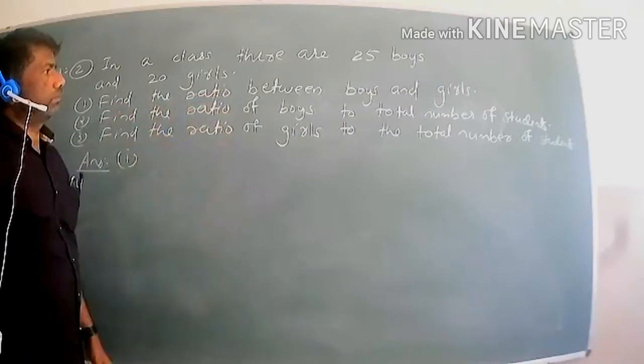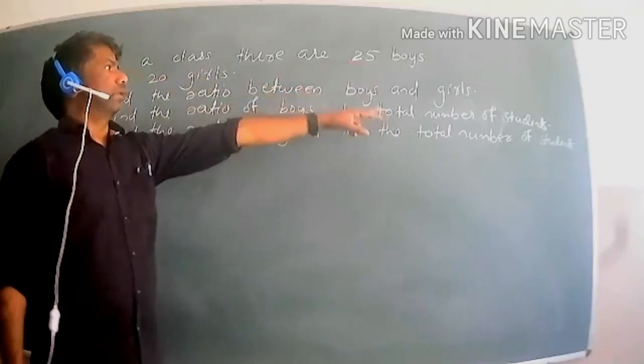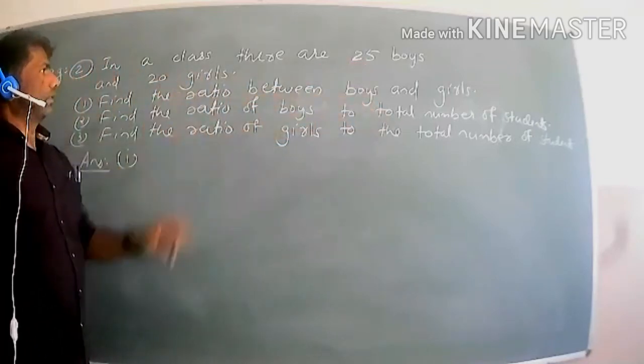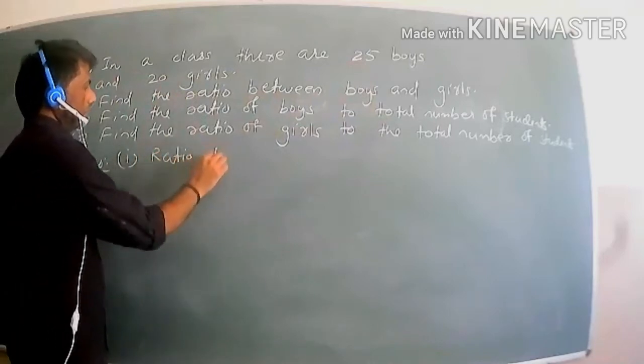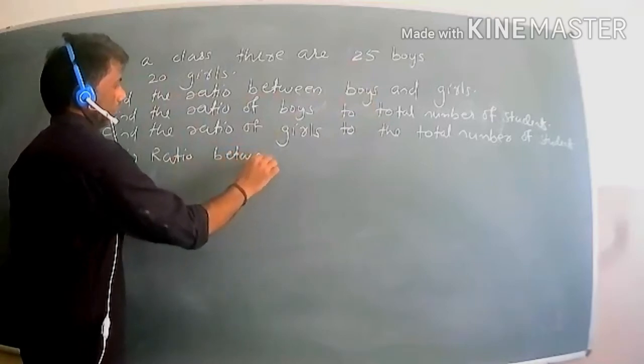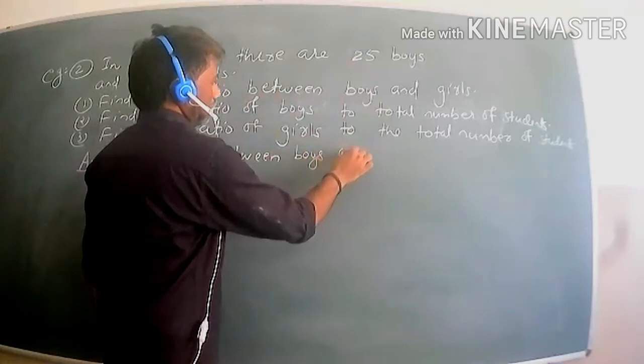First of all, let us take question number 1. Ratio between boys and girls. How many boys are there? 25. How many girls are there? 20. So let us write the ratio between boys and girls